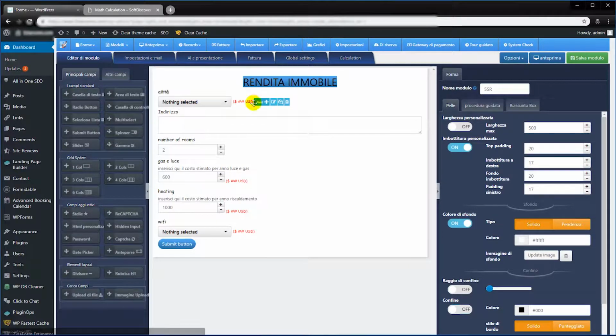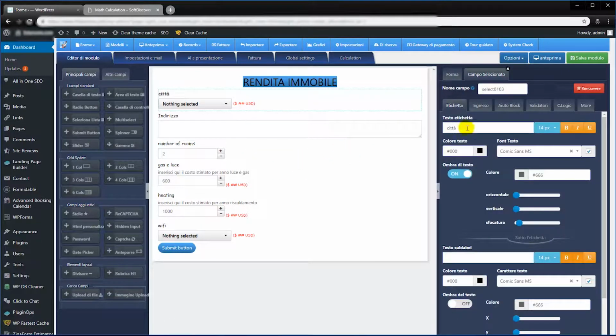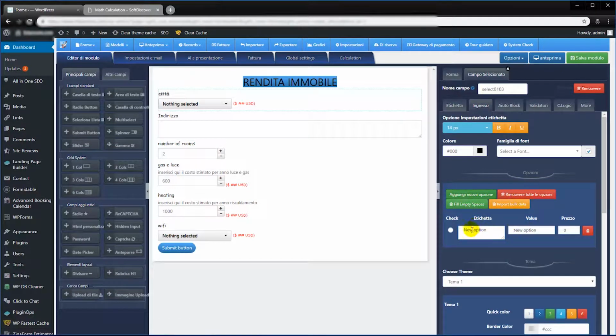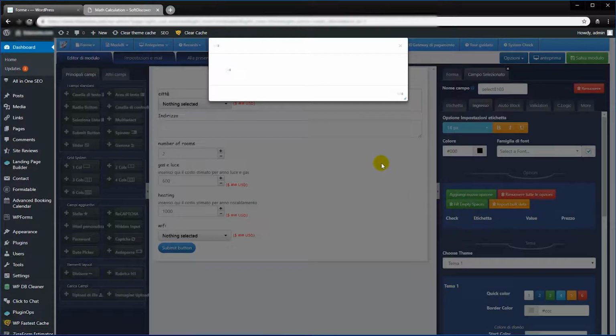Okay, first city, so we're going to edit city, so there's no options. We can add one by one, but in this case I will use the import bulk data,